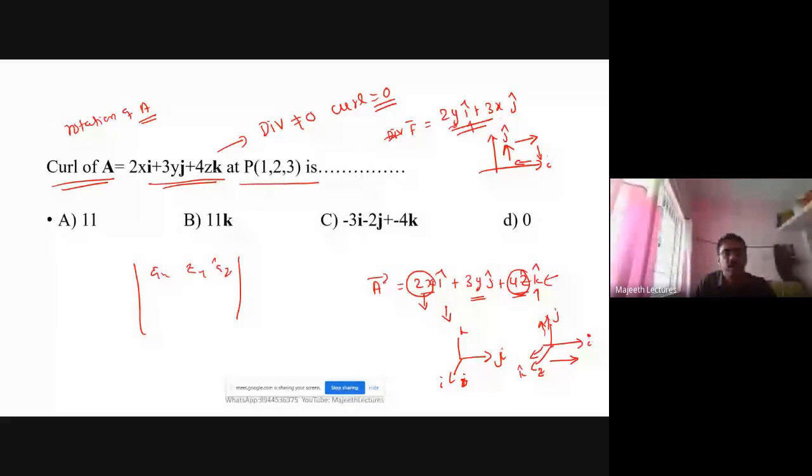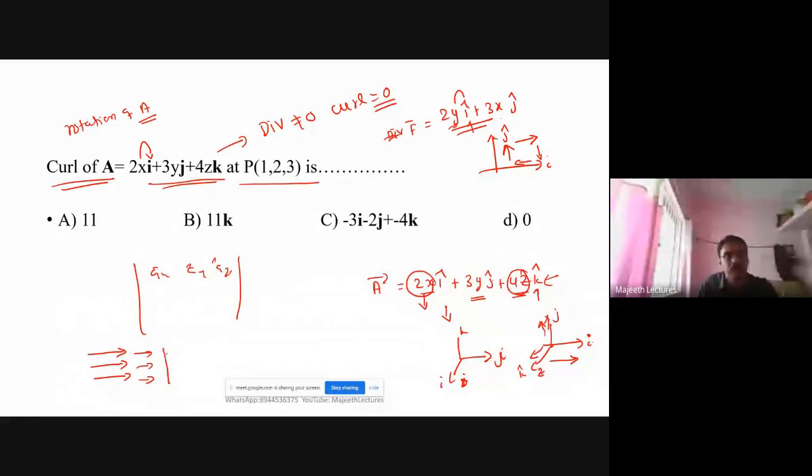So whenever you see a question like this, if the vector and the component are along the same direction, it has only divergence, right? If the vector and the component are orthogonal, perpendicular, i means x, j means y, so both are perpendicular to each other, then you take that as curl only. It doesn't have divergence, right? So simply I can say, you see, this is a vector, this is a vector.